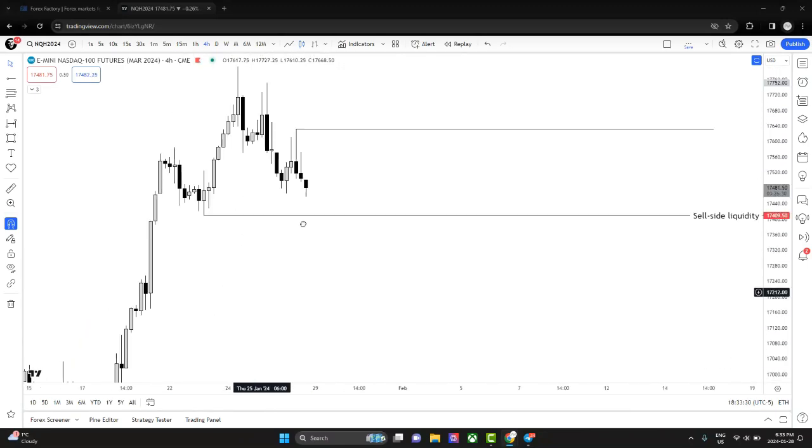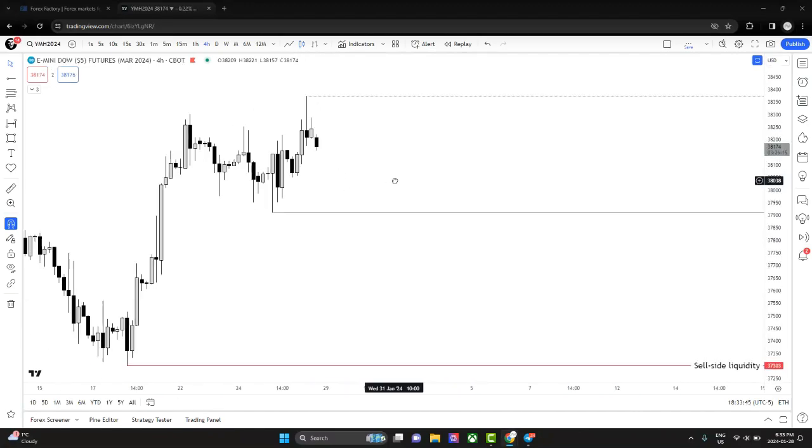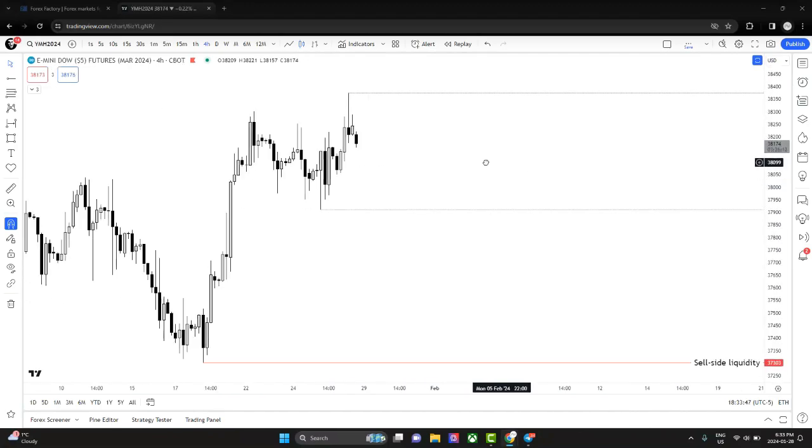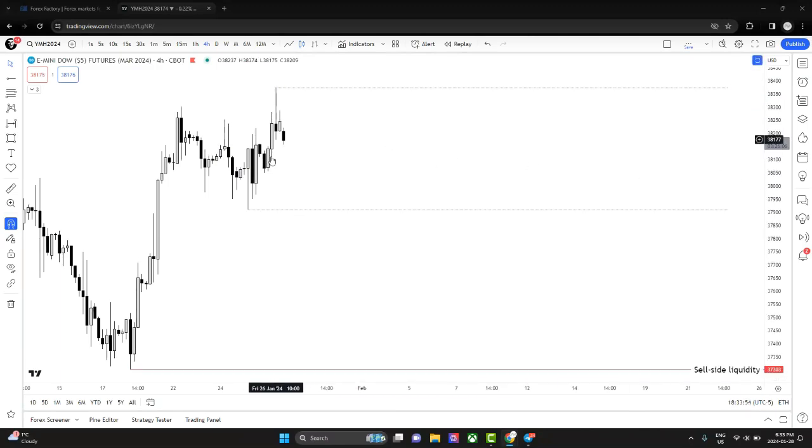after the trend changes. I need to see SMT divergence on the daily time frame in regards to the S&P 500, the Nasdaq, and the Dow. This is the Dow. Mostly we use this for analytical purposes, right? So we have buy side liquidity here and here, and we have sell side liquidity here, right? Since we are between this high and this low, which are a swing high and a swing low, this is range price action, right?